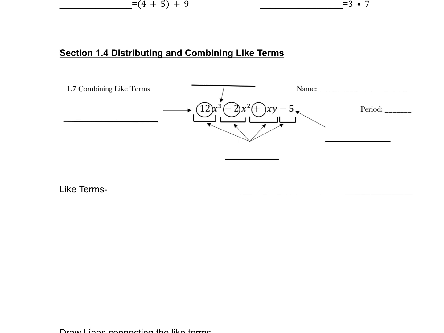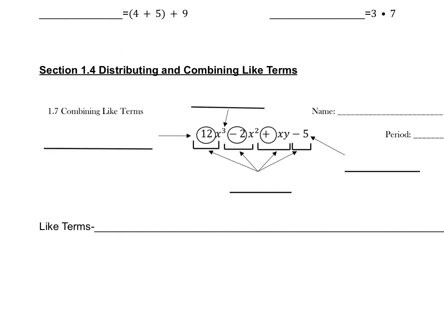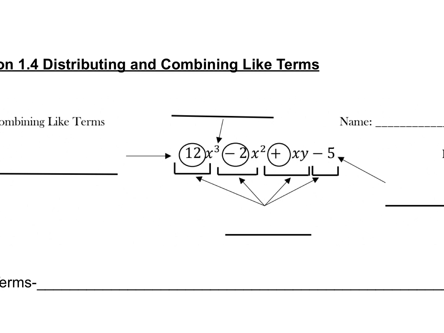All right, so 1.4 is we're getting into more of the basics of these polynomials and things that we're going to be using. So let's first talk about all of the pieces of a polynomial. Okay, so let's talk about this top box on this diagram. So this is pointing at this number, the little number that's above the x, which is called the exponent. So the largest exponent,